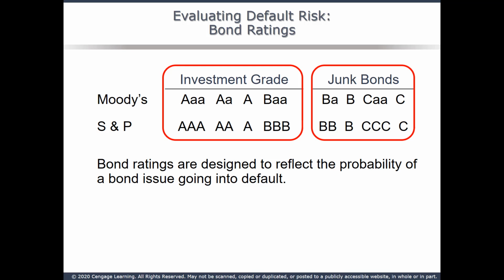Bond ratings are strictly designed to evaluate default risk. Bond rating agencies are hired by firms issuing bonds to rate them. The main agencies are Standard & Poor's, Moody's, Fitch, Duff & Phelps. The higher the rating, the lower the coupon rate a firm has to offer. AAA-rated bonds are the highest rated.